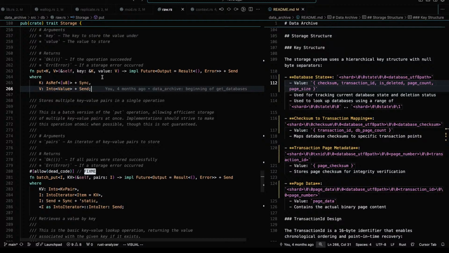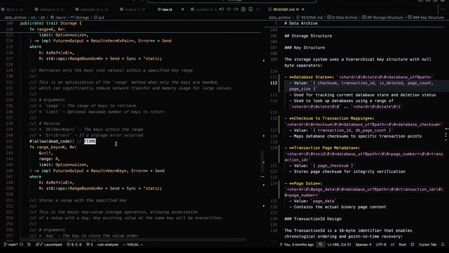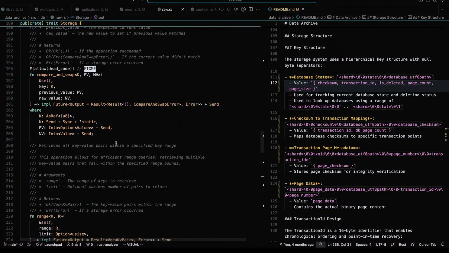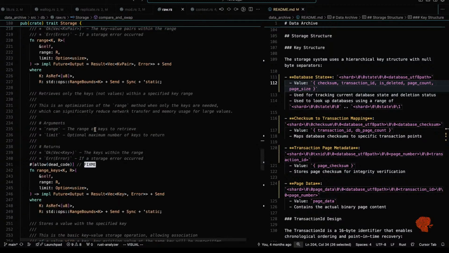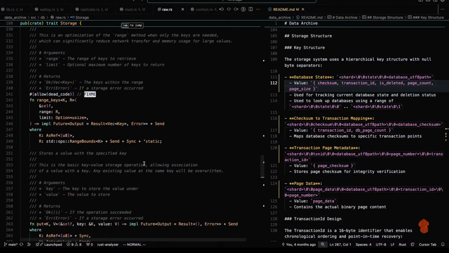Send. There's a little bit more of a constraint here. It's send, sync, and static. Whereas here, it's just sync. And that needs to be send.